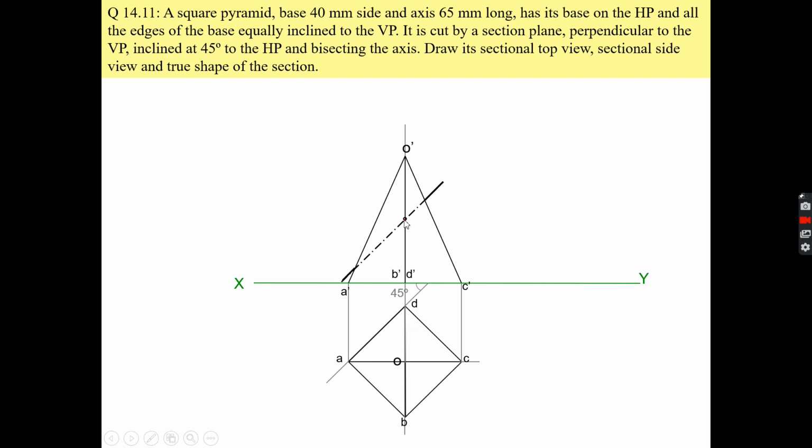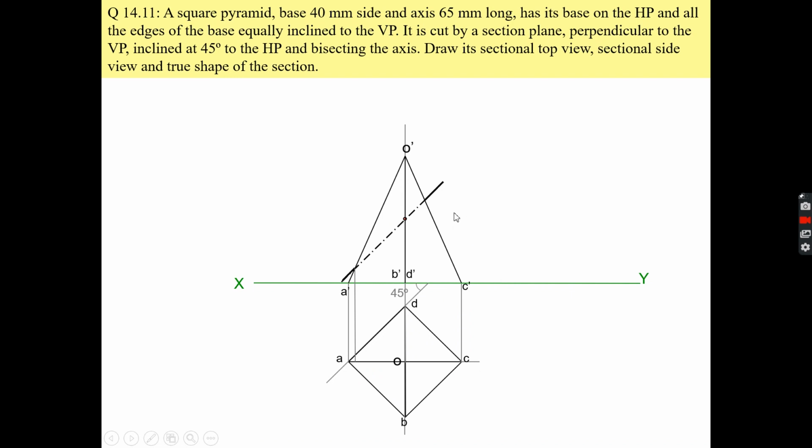From this point, you have to draw a line horizontal to the base. Remember, horizontal to the base. Suppose this solid is inclined at some angle. You have to always remember you are drawing the line horizontal to the base.